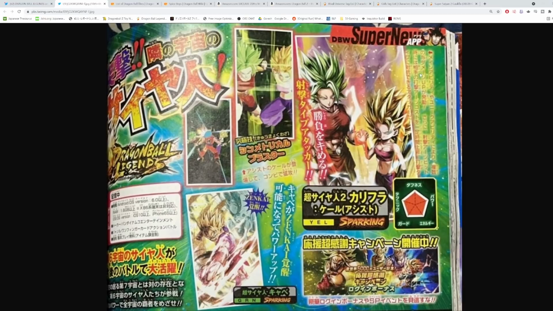I don't think it actually mentions whether or not they're a melee-based attacker. Oh no, it does. They're a ranged attacker. Okay, so they're blast-based. This is a range type attacker right here. So I guess you don't want to use that unique equipment on them for the Universal Saga, because that one